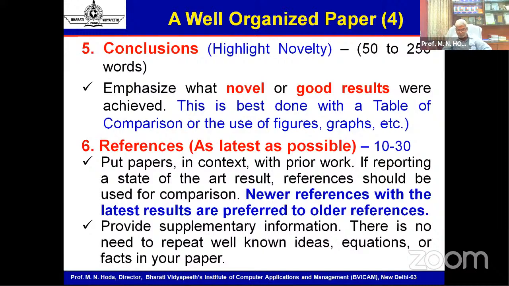That is, these 4 papers which I have submitted as prior research, their result is this, my result is this, and the table clearly shows that my result is 1.002% better in terms of memory consumption, in terms of resource utilization, and you may enumerate all those resources which we are referring to. So better than the papers available, and then you refer to that, right? And also please keep in mind that newer references with latest results must be preferred over the older references.